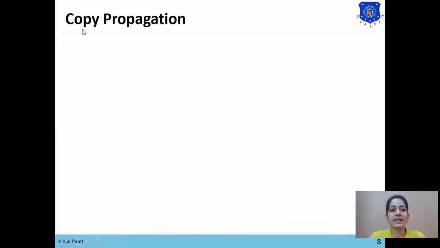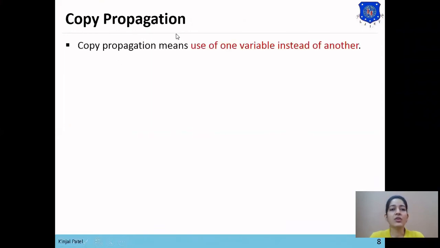Now the next technique is copy propagation. Copy propagation means use of one variable instead of another. Here is the example: x equals pi and area equals x multiply with r multiply with r. Here we are using the variable x.